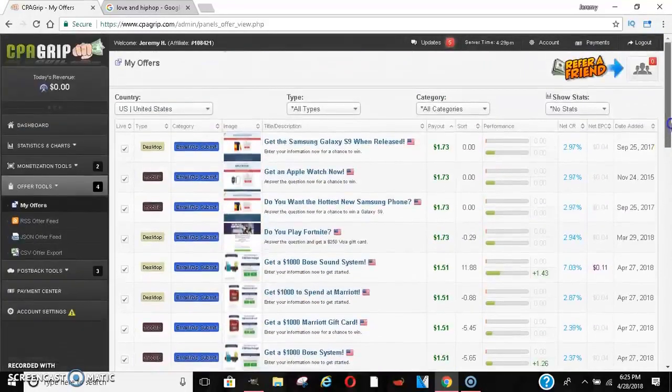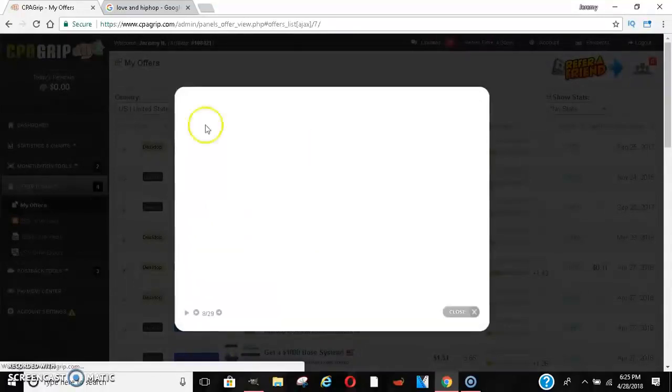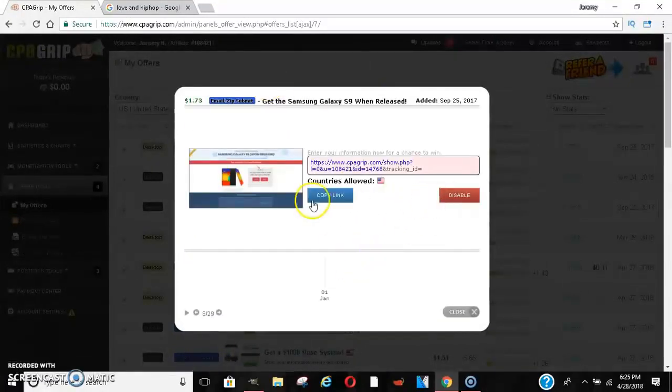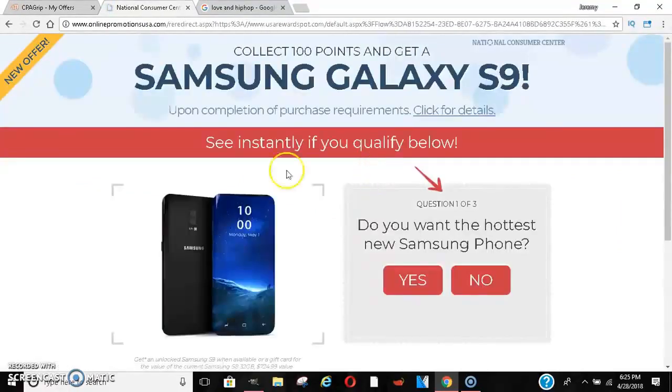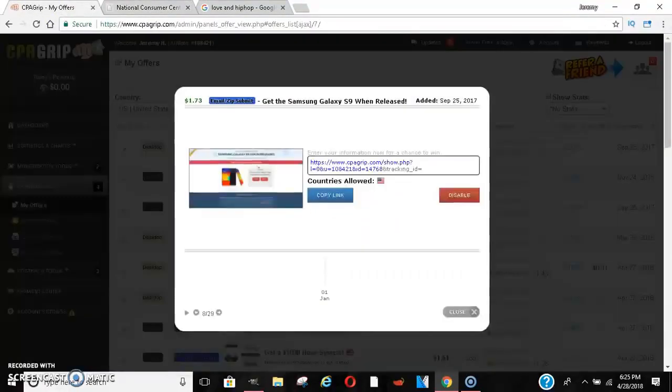This website, sometimes I'm not sure. It'll tell you desktop, so I honestly don't know if they just mean desktop traffic or mobile traffic, because sometimes when I click on this, the actual page doesn't show up. But I'm going to get into something really important here in just a second. If I click on that, let's see if it says the exact same thing. I'm on the desktop, so Galaxy S9, Galaxy S9, perfect.